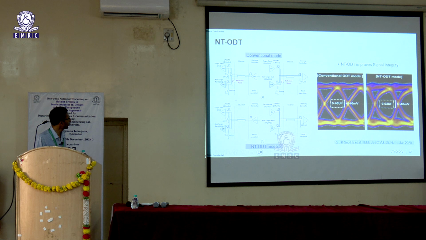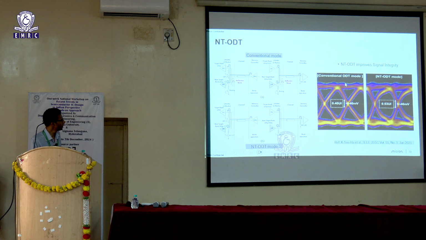You need this data to go into this DRAM chip. You don't need this data to go into this chip. But this chip also resides on the same DIMM module. Now whatever has been transmitted from here goes to both places, and since this is your non-targeted rank, you will have this chip in the off mode, and once it is off, it is like a floating line. This data comes in at a speed of say 4 gigabits per second or 8 gigabits per second, and at that speed you start seeing reflections, and once this gets reflected, that goes back again into this path, since they are all on the same electrical line. And once that happens, your data eye, the data opening, will be cut short.